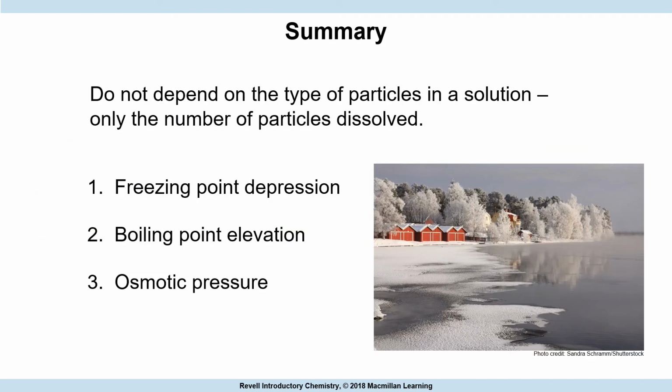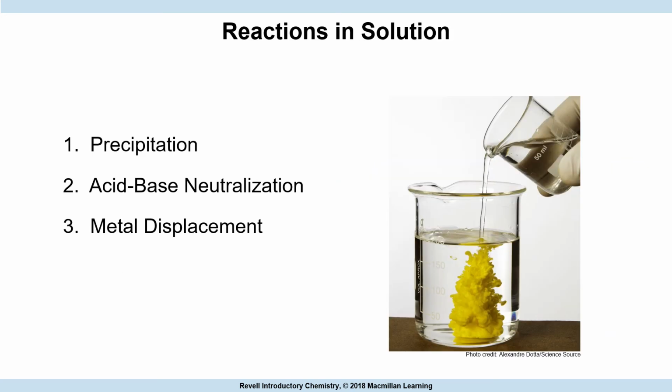So in summary, colligative properties don't depend on the type of molecule, the type of particle, or type of ions, or in this case of sucrose, that was a dissolved molecule. Particles and ions, so we group them under the general word particles. It affects these three phenomena: freezing point depression, boiling point elevation, and osmotic pressure. Three important phenomena around us. We saw some nice examples of them. Okay,